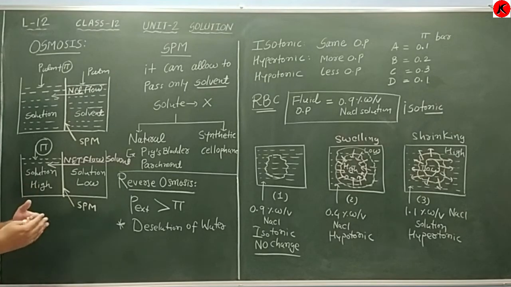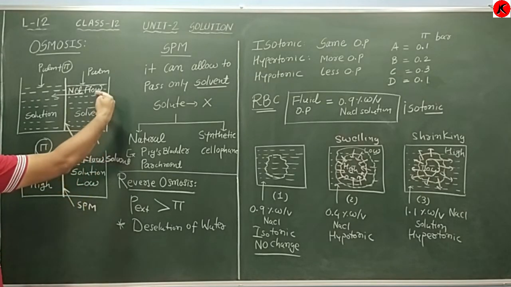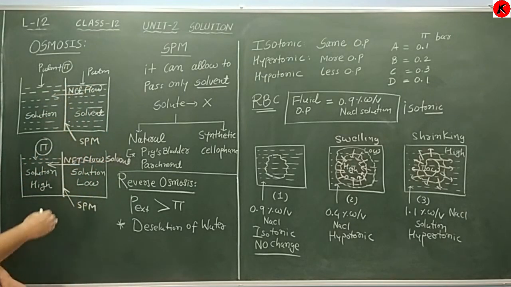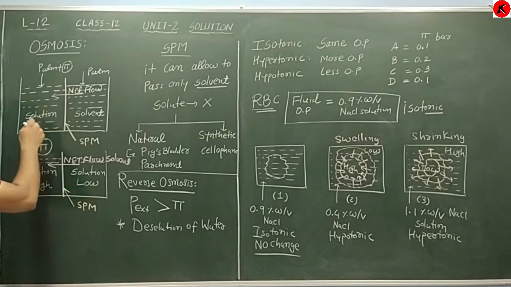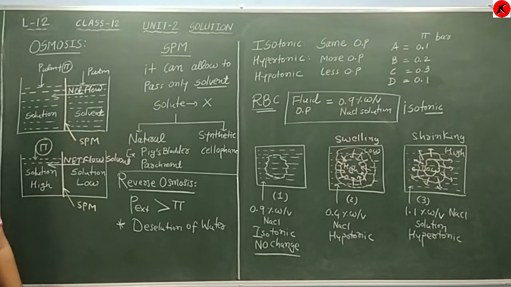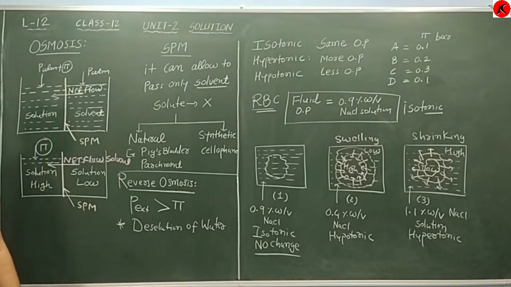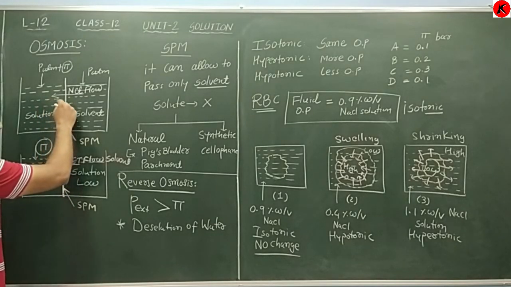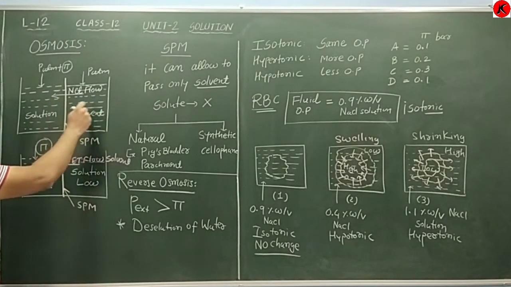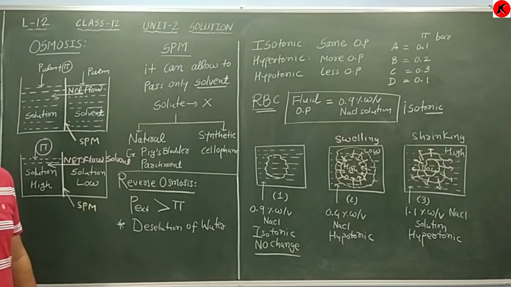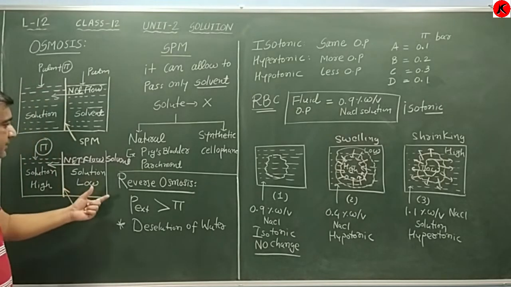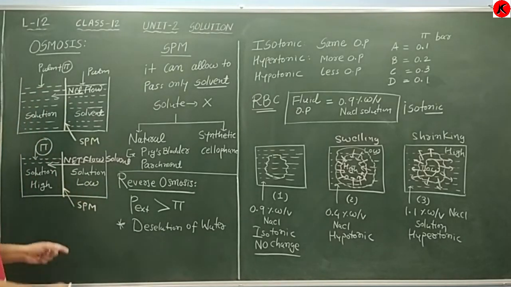Then when the osmosis phenomenon takes place, the flow will be like this. But in reverse osmosis, the flow of solvent takes place from the solution, so pure water flows from this side. That means we can obtain pure water by applying the principle of reverse osmosis,